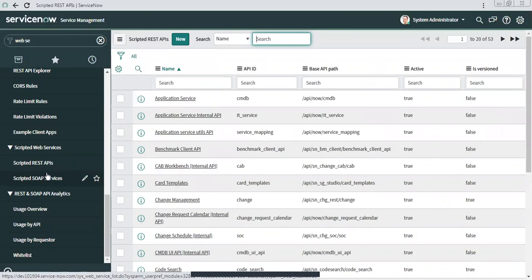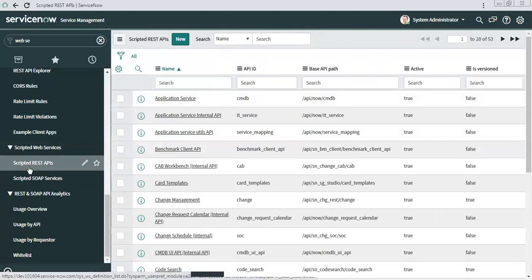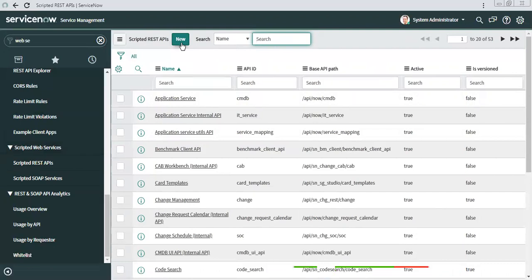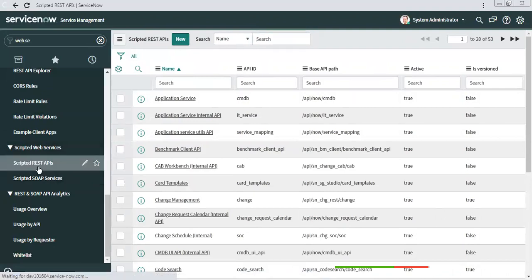If you are designing a REST, you have to write the code for what is processed through REST, and if you are designing SOAP, you have to write it separately as SOAP. In the import set, we just created one table and it was capable of both. But in the case of scripted, no. If you want SOAP as well, then you have to design it separately.